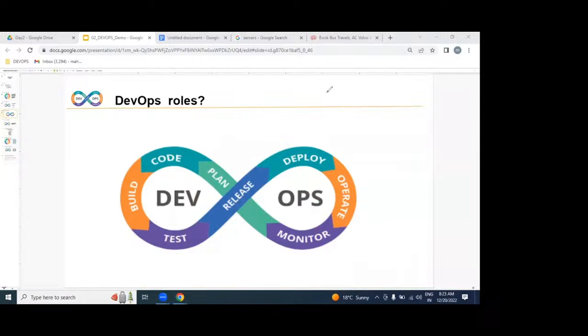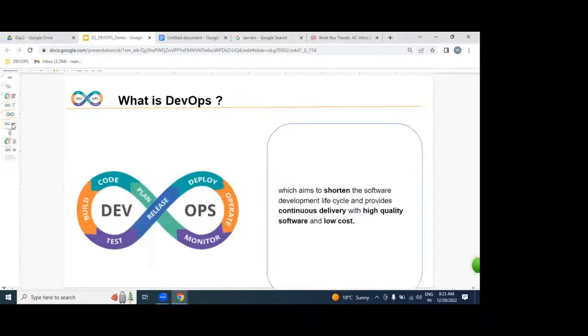That means, are we going to be writing any coding? Are we writing any test cases? No, we are not writing any coding. We are not writing any test cases. We are just implementing an automated DevOps process from the dev environment to the production environment. That is exactly our roles and responsibilities. What did I say? What is DevOps? Is DevOps a technology, like Java, .NET, Python? No. DevOps is a process, which you are going to implement from the dev environment to operation.